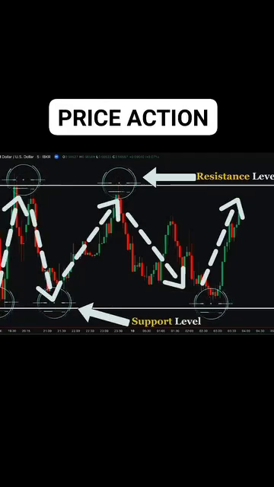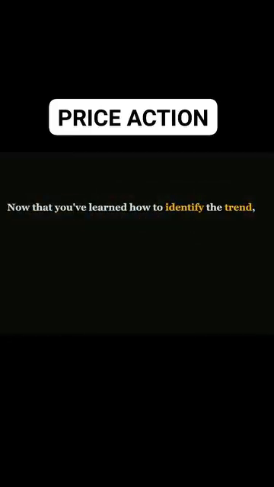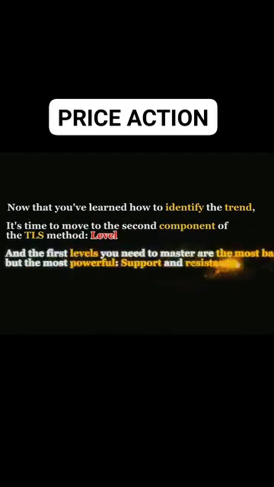This is where most retail traders lose money, because they're trying to force trades where the market isn't offering anything. So when you identify a range, your job is simple. Be patient. Wait for the breakout or rejection before getting involved. Now that you've learned how to identify the trend, it's time to move to the second component of the TLS method, level. And the first levels you need to master are the most basic, but the most powerful: support and